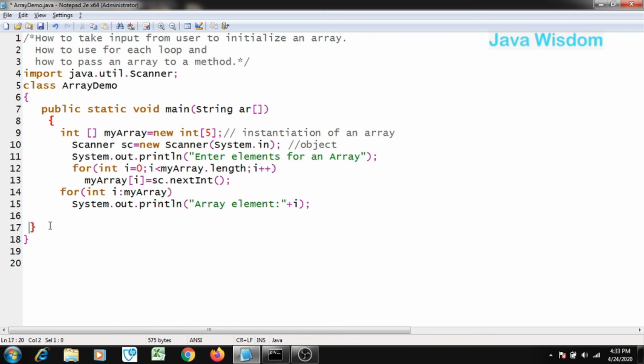Let's assume we will add one more thing: I want a method which returns the sum of the elements present in an array. So what is the expected output from this method? The method is defined to sum up, or add, the total elements available in an array.